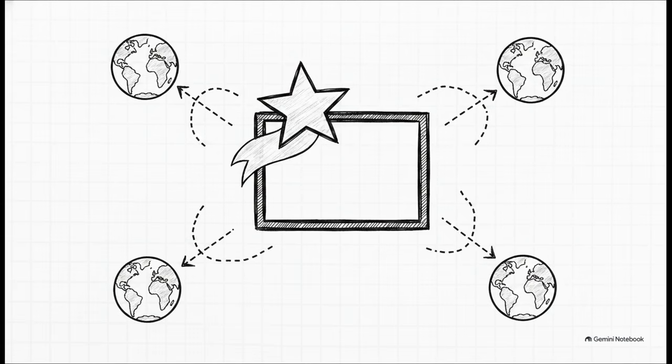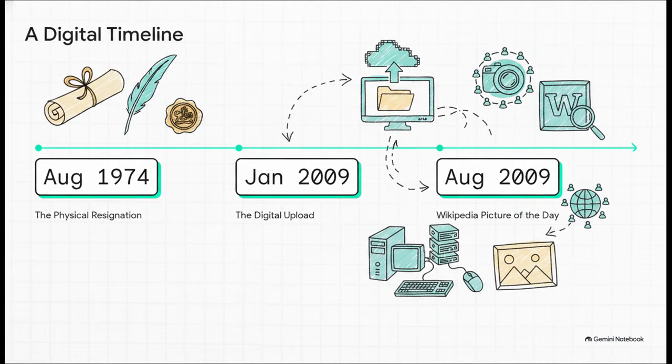It holds this elite status not just on the English Wikipedia, but also on the Persian Wikipedia, where it's recognized as a featured picture, and similarly on the Turkish Wikipedia, too. It just goes to show you that the mechanics of a democratic transition and a massive political scandal are universally compelling subjects way beyond the borders of the United States. Tracking this timeline shows a really fascinating leap.